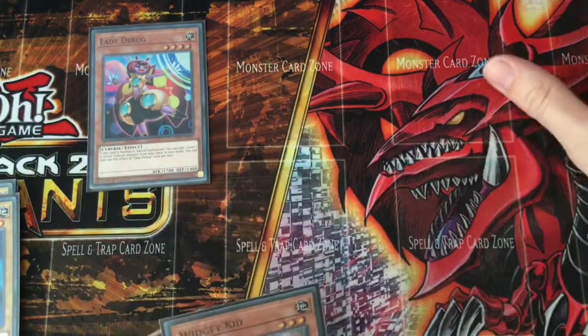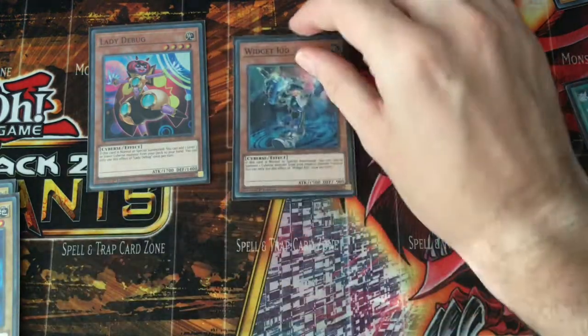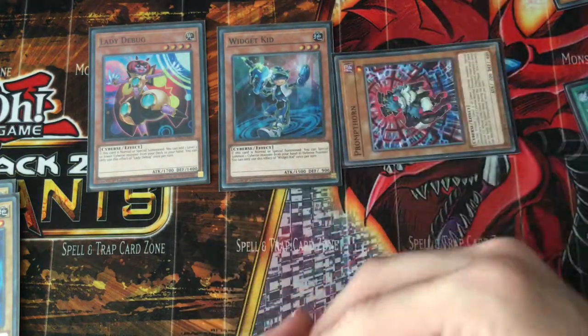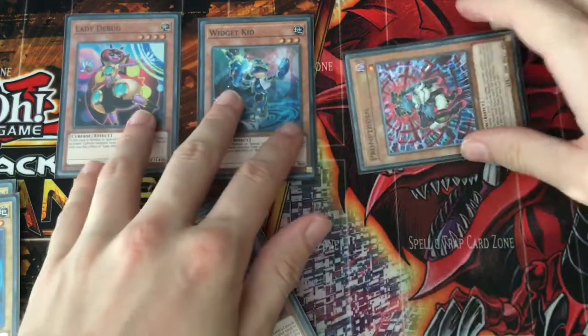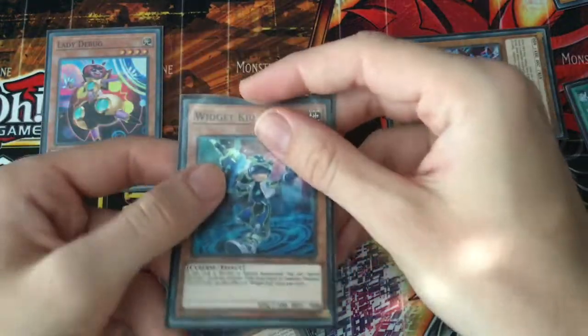Then you're gonna trigger Balancer Lord's effect, so you can special summon any level 4 or lower monster from your hand. So you can summon your Witcher Kit. Witcher Kit's effect triggers, and you can summon your Promoter from your hand. But it's really important that you put it all the way to the side actually. But anyway, you're gonna use the Promoter's effect to tribute Witcher Kit